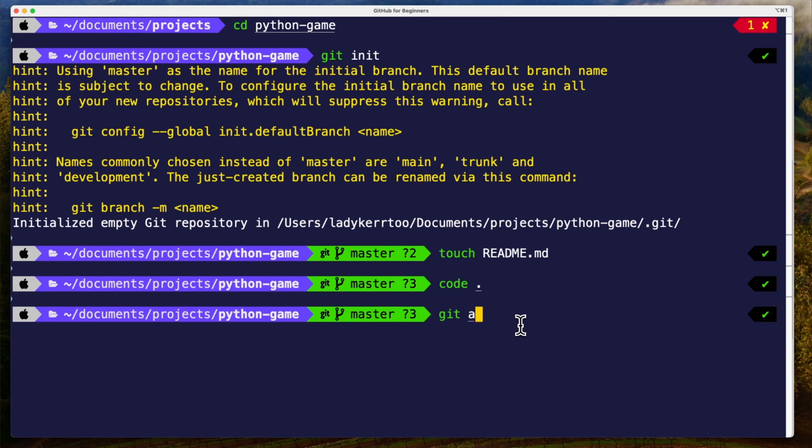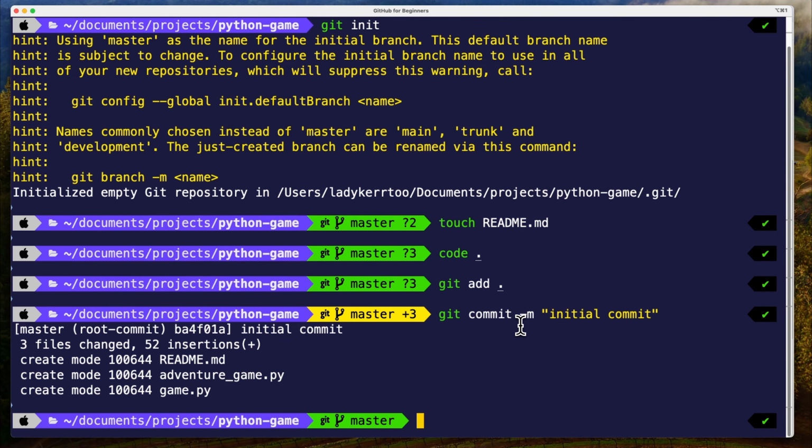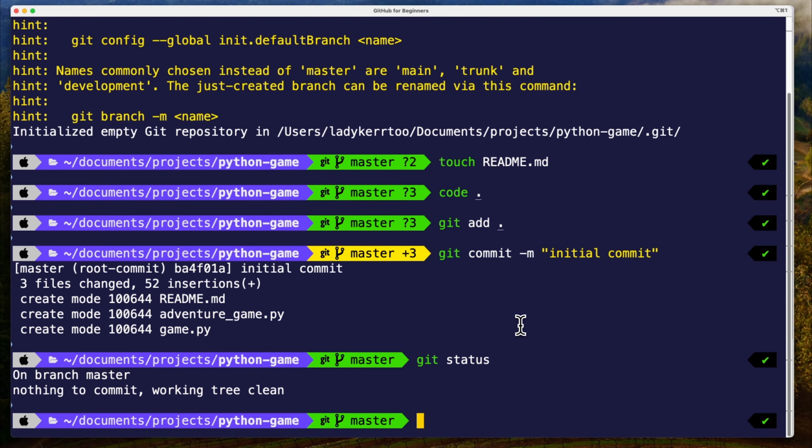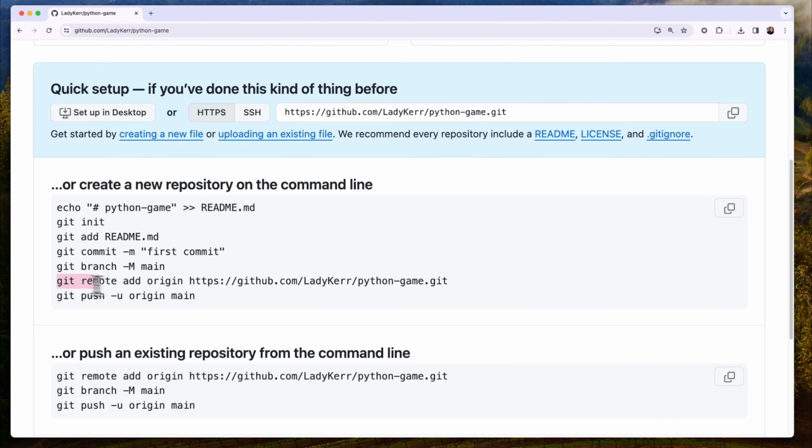The next command is git add period to add all my files to the staging, and then run git commit -m initial commit to commit my files. If I run git status, I can see that these files are ready to be pushed to the remote repository. Let's keep going. So let's run git branch -m main to set the main branch,